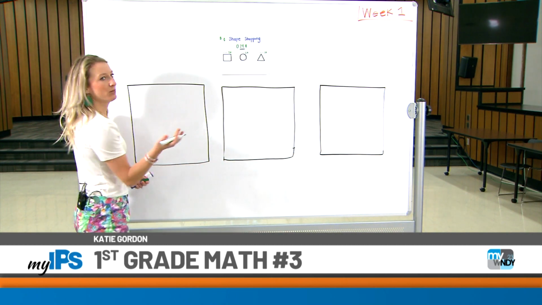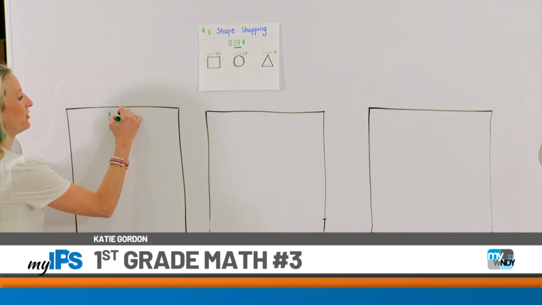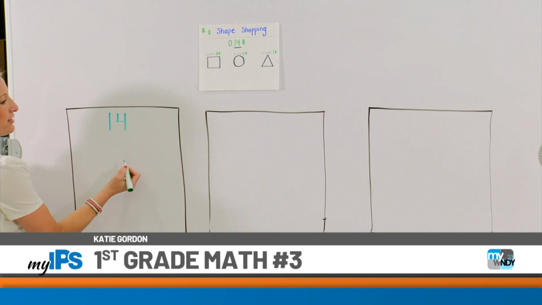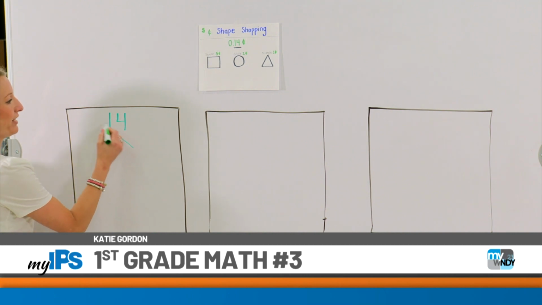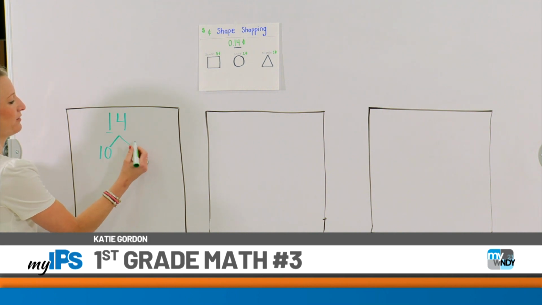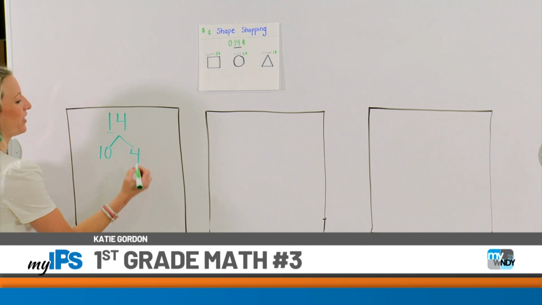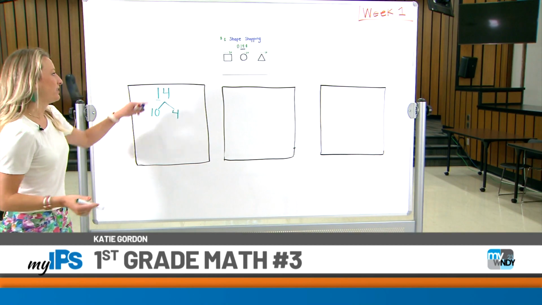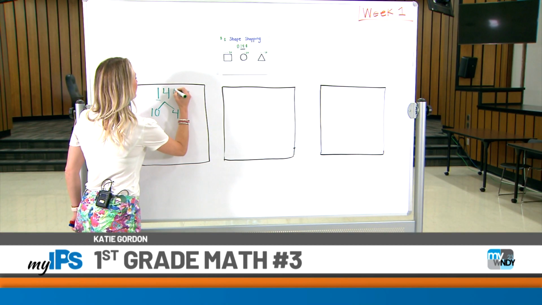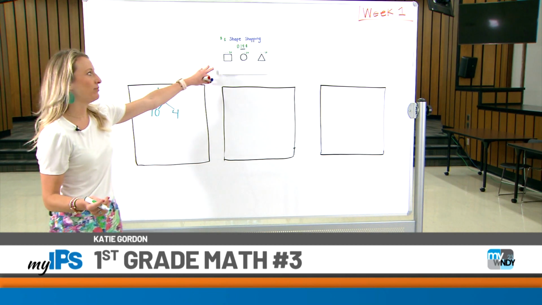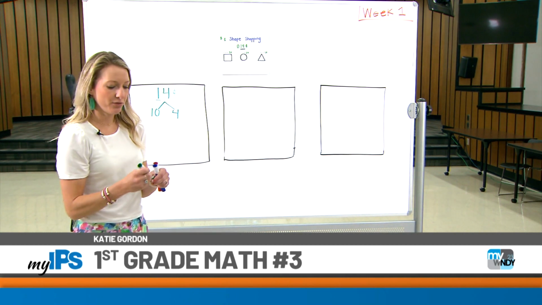The first way, I'm going to use my place value, and I'm going to decompose. So if I have 14 cents, let's break this apart into my tens and ones. So I have 1 ten, worth 10. How many ones? 4. So therefore, I have 10 cents and 4 cents to give me my 14 cents here. Okay, now what shapes, think about it, what shapes can I use to make